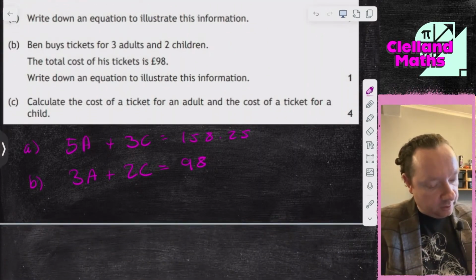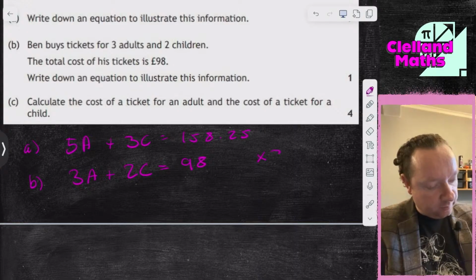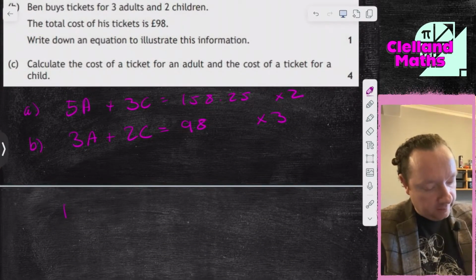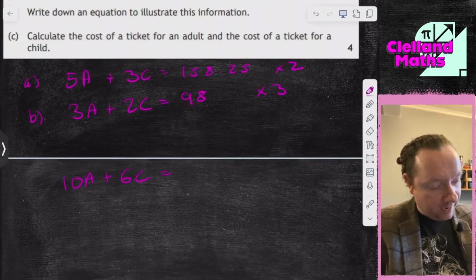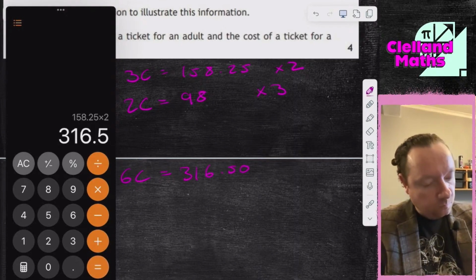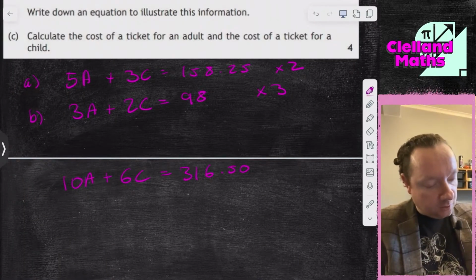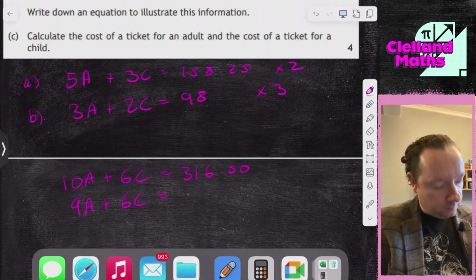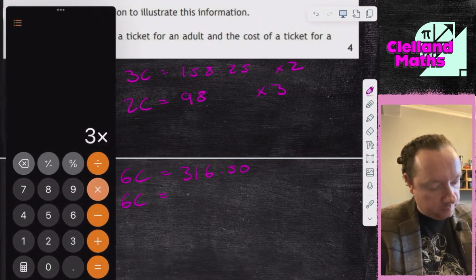So solve them simultaneously. So I'll make the c's the same. So times 3 to get 6c, times 2 to get 6c. 2 5s is 10a, 2 3s is 6c, and 158.25 is an easy double-ish, but we might as well just use the calculator. £316.50. And the next one, 3 3s is 9a, 3 2s is 6c, and 3 98s. Again, I could probably do that one, but calculator,